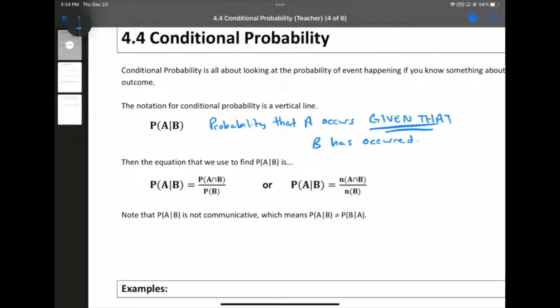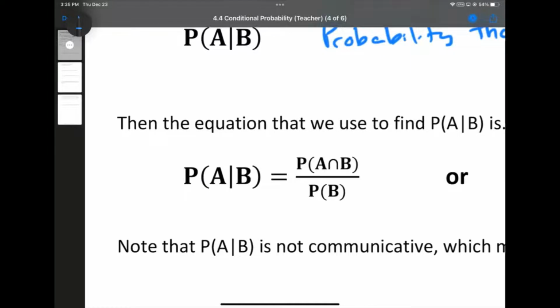Reverse those. The probability that I'm thrown into the sun given that I have died is not 100% because, again, no one has ever been thrown into the sun before. So reversing those definitely changes the outcome. They are non-commutative. Order does matter. And just looking at the equation, you'll notice that the top, A and B, is going to be the same if I reverse the two. That'll be B and A. Intersect doesn't matter. However, the bottom of the equation will change from the probability of B occurring to the probability of A occurring if I switch the order of A and B. And if those are different, then this answer will also be different.